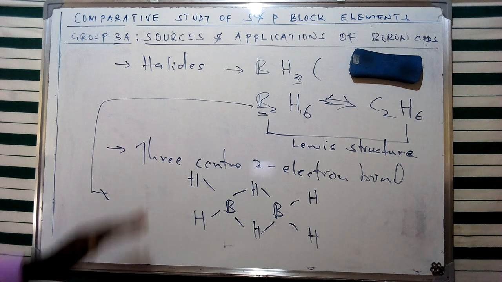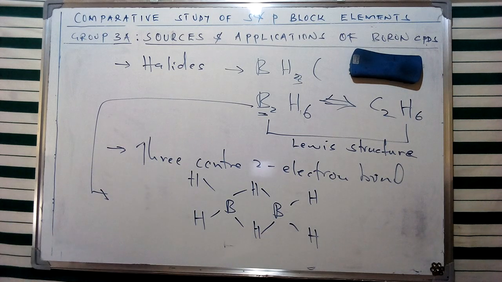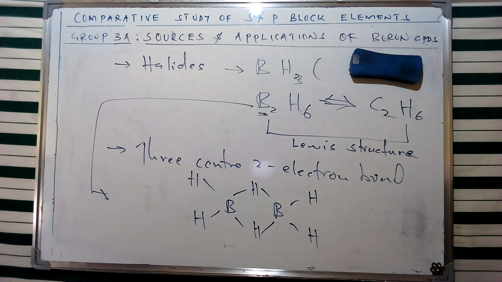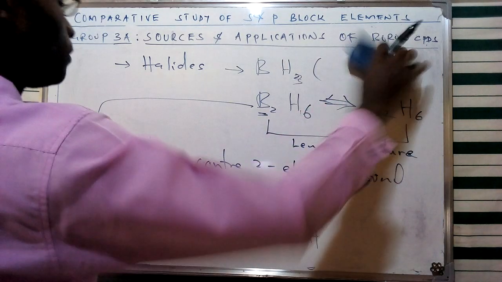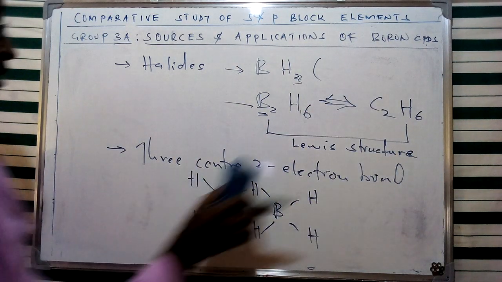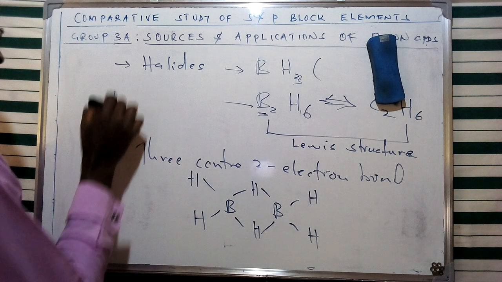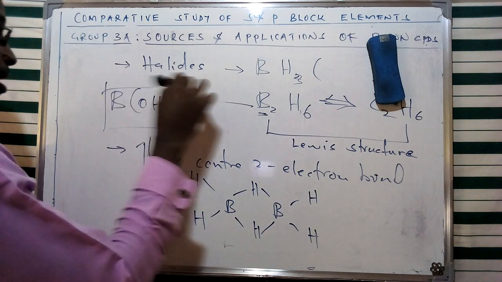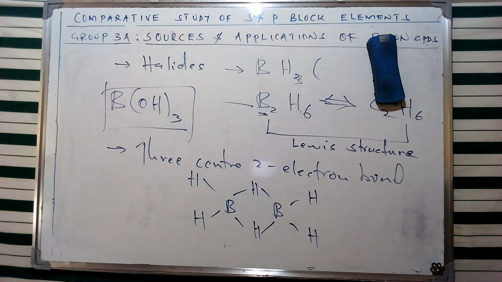And as I've said, this is the case due to the lack of octets of electrons about the central atom, and therefore it gives it one of its characteristics. This is going to form a weak Lewis acid, and of course we're going to look at one of the examples of additional compounds, which forms a weak acid, which is also a compound of boron, given as such.